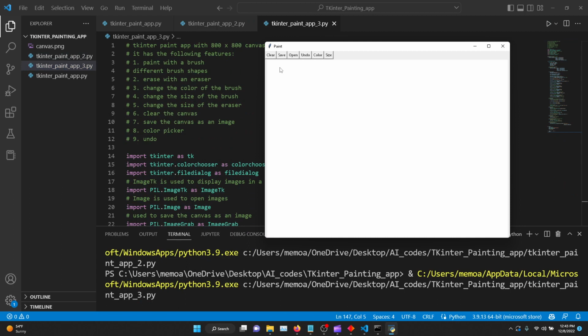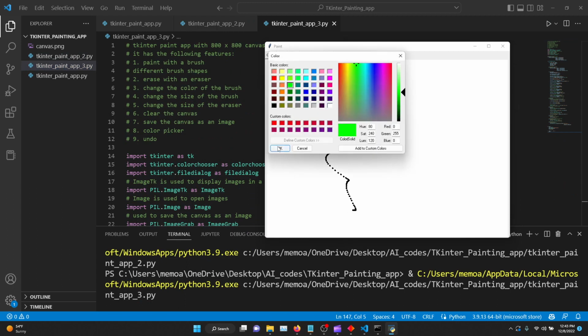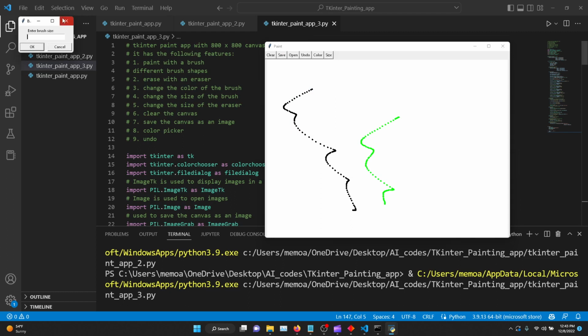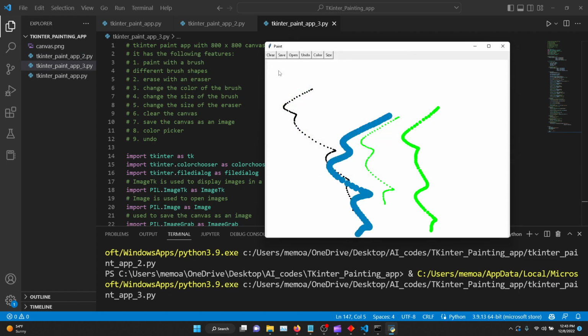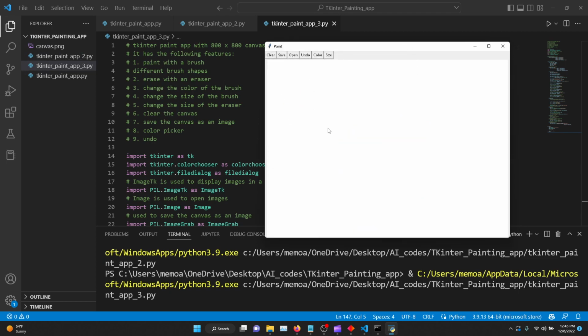This is kind of concise, and you pick a color, say green. There we go. This time it made it so that you enter a number, like 5 or let's say 10. Choose a different color like that. Pretty cool. You can undo too. Undo just gets rid of everything,